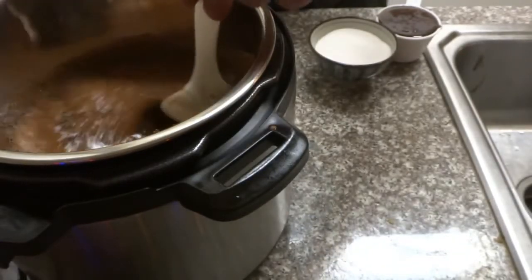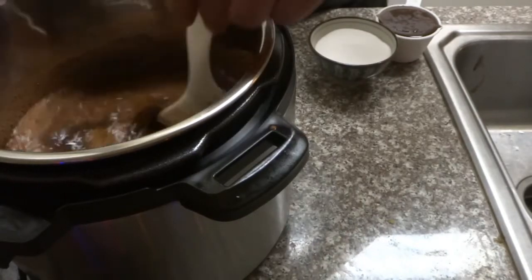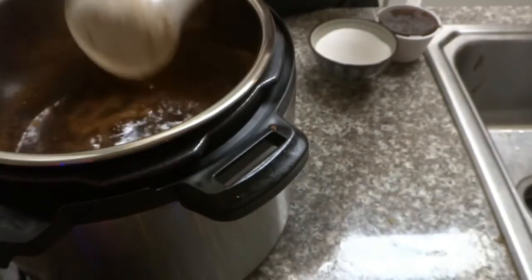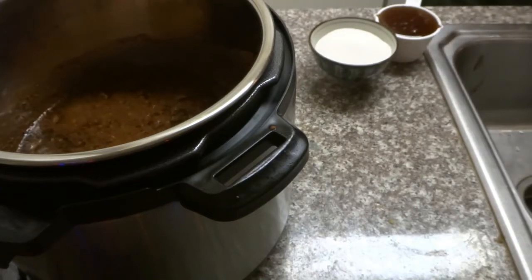It smells good. Yummy, yummy. This is a really good recipe. We've tried it multiple times and it's always worked, so really excited. The only thing we didn't do this time was orange zest. So I'm gonna go ahead,